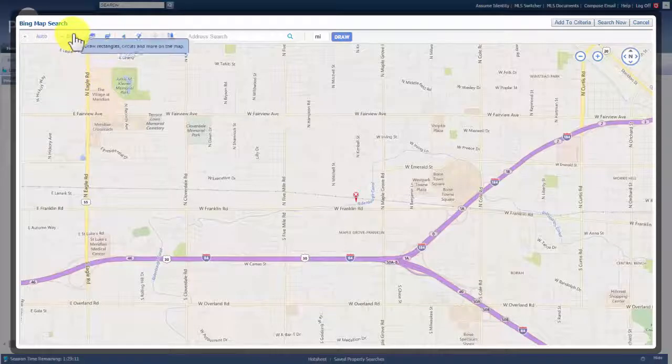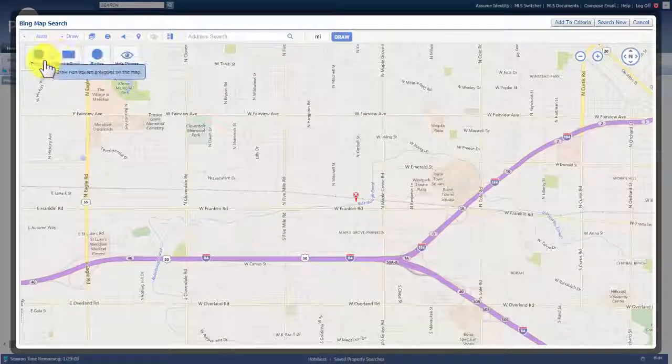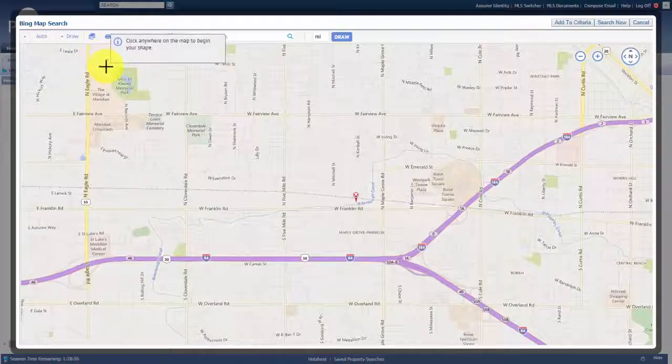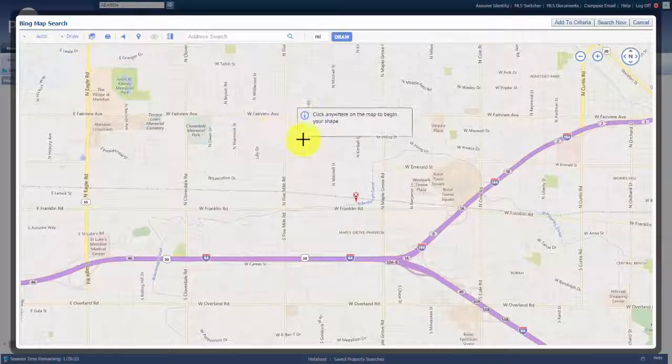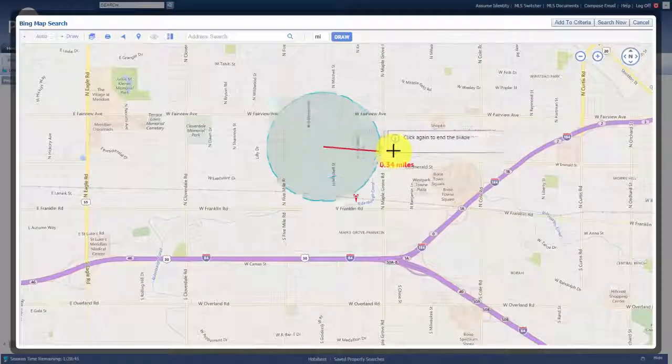We can do different drawing of shapes. We click on the draw, and it gives us our options here of a polygon, a rubber band, or a radius search, and we can even hide a shape once we have it drawn and have some results on our screen. Let's do a quick radius search. We click on it, it activates it. My cursor is now in a little crosshair type. We click where we want to start the center of our radius, let go, and draw our cursor out,